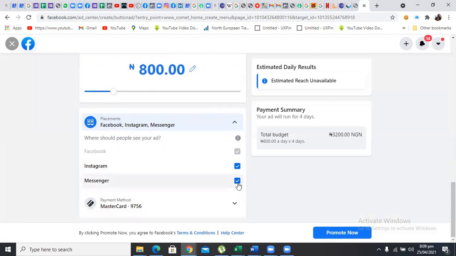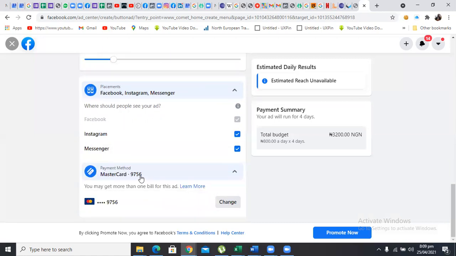So once you are done, the next thing you do is what? Add your payment method. If you already have, add your card. One thing I recommend is, if you are not good at this, you can always consult people that can do it for you. And that's where I come in. And in case you are having a problem, we also go over it and help you out to do that.